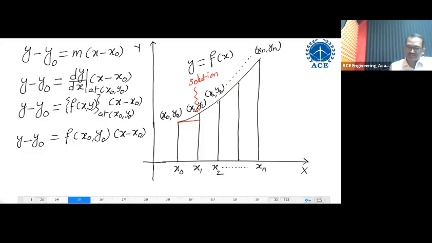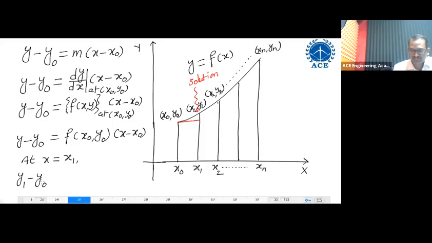This is the equation of the tangent passing through the point x0, y0. Now I want to find the y value at x equal to x0. Remember, the y value at x equal to x0 should be y0. The y value at x1 should be y1. So at x equal to x1, this y value will now be